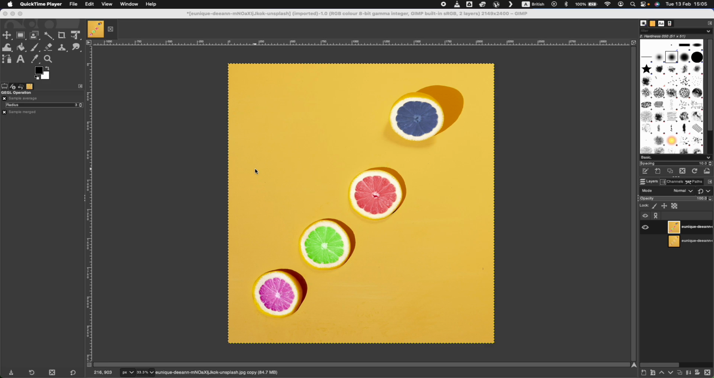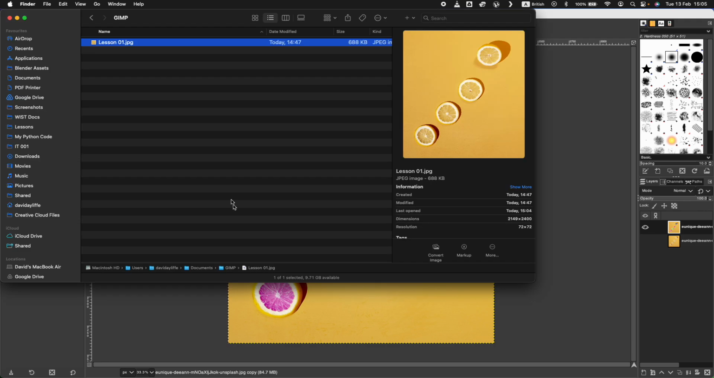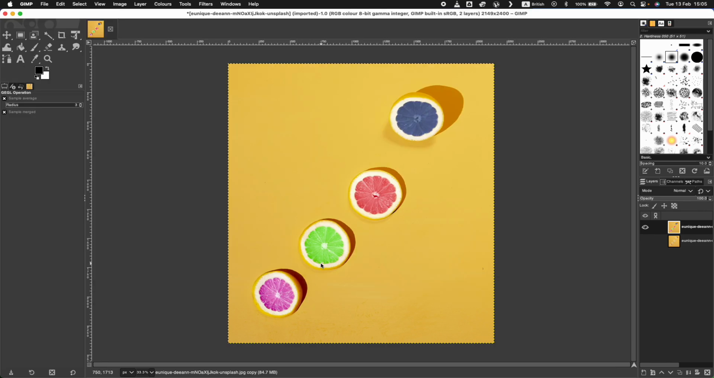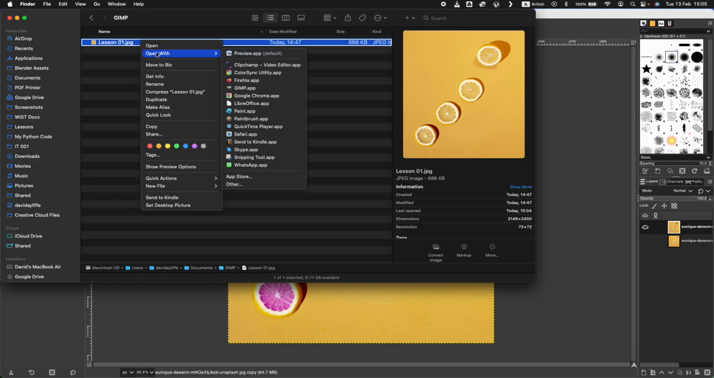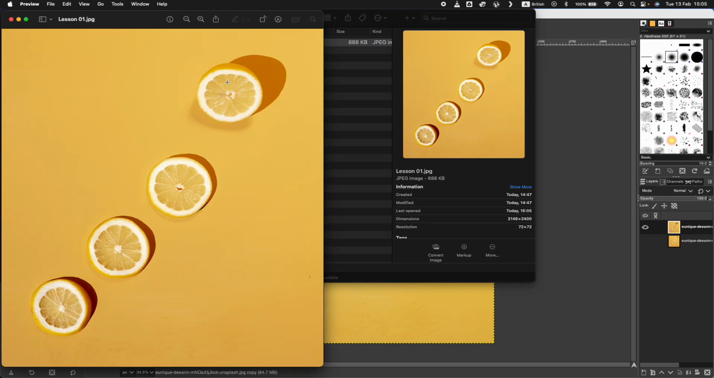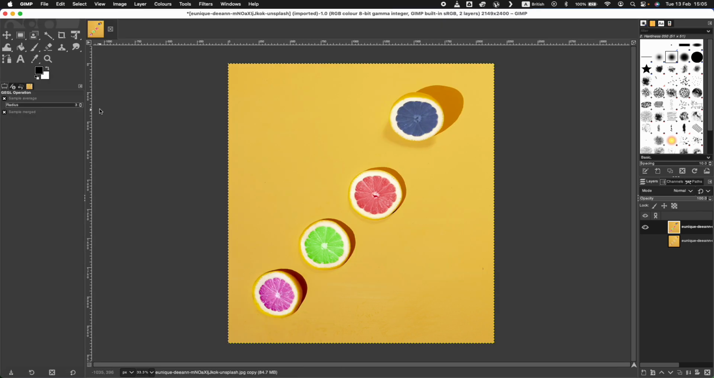Right guys, hello. Welcome to lesson 1 in this new photo editing unit. This is what we're doing. We're taking an image that looks like this and we're changing the insides so that they're all different colours. Let's go ahead,